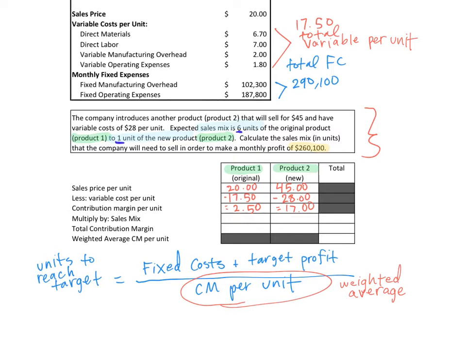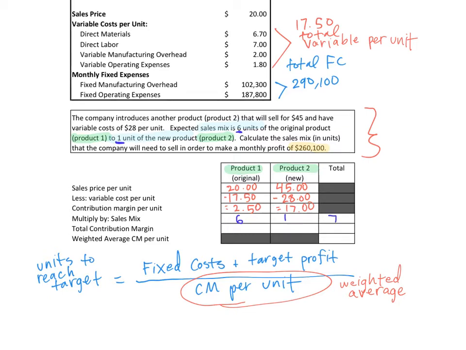Now I will enter the sales mix for each product into the table. So product 1, we sell 6 units for every 1 of product 2. So I will put 6 under product 1 and the 1 in the product 2 column. The next step is to add up our sales mix. So if 6 product 1s are sold for every 1 product 2, the total units purchased in the sales mix